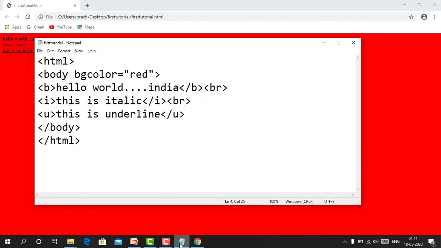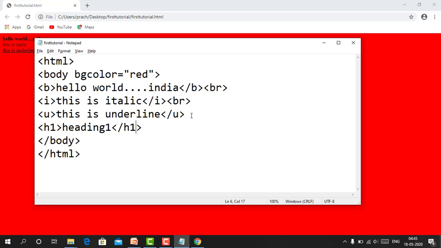There are different types of headings available in HTML. So we will write different types of headings. There are H1, H2, H3, H4, H5 and H6 headings available. I will show you the difference between the different heading tags. Firstly H1, heading 1, and as we open heading 1, we have to close that H1.